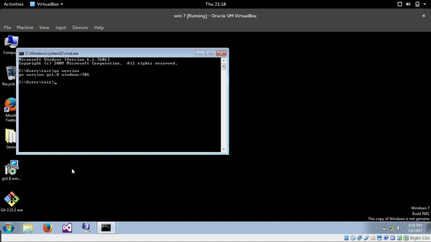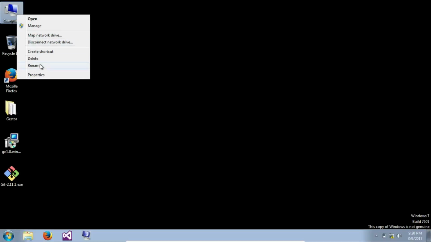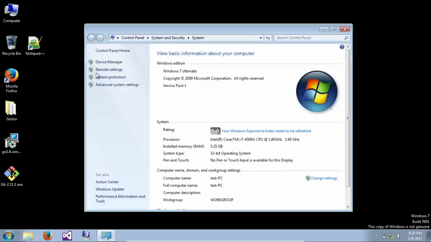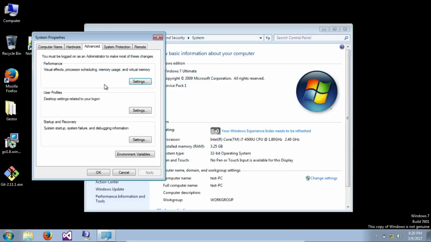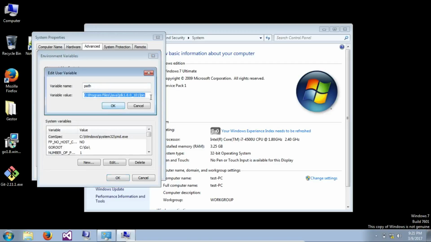Okay, it's working. In Windows, go root is set by default, but we have to set the go path. So to set the go path, right click on my computer, properties, and go to advanced settings. There you should see environment variables. Click on that. So if you don't have a path variable set there, you have to click on new and add a path. So since I have one, I'm going to edit it. So I'll give a semicolon here to indicate that this path has finished and give the path for the workspace.